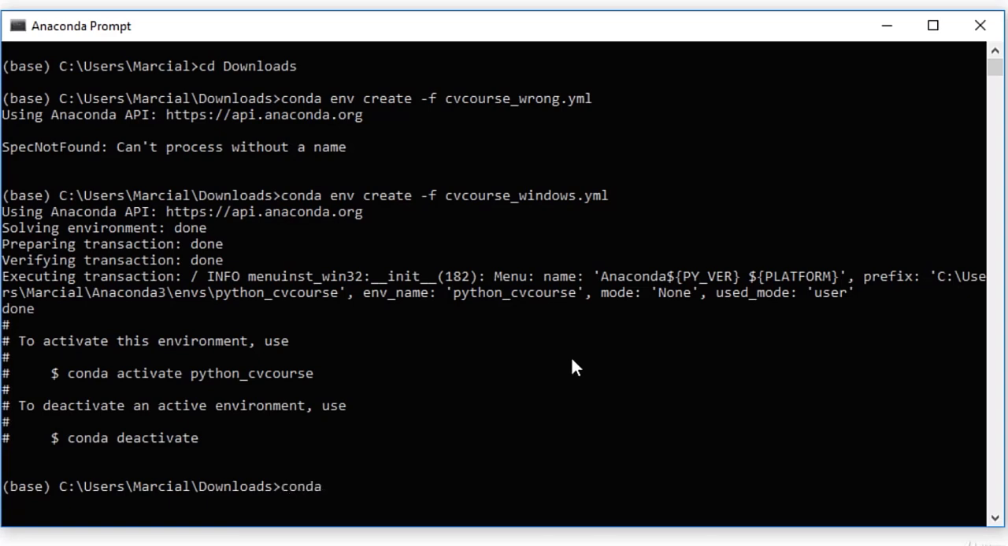We're going to say conda activate python_cvcourse, hit enter, and you'll notice now in parentheses it says Python cvcourse. That basically tells me that, hey, the environment is activated and you have the appropriate libraries now. So in order to start Jupyter Lab, which is the environment we'll be working in, we just need to now type out